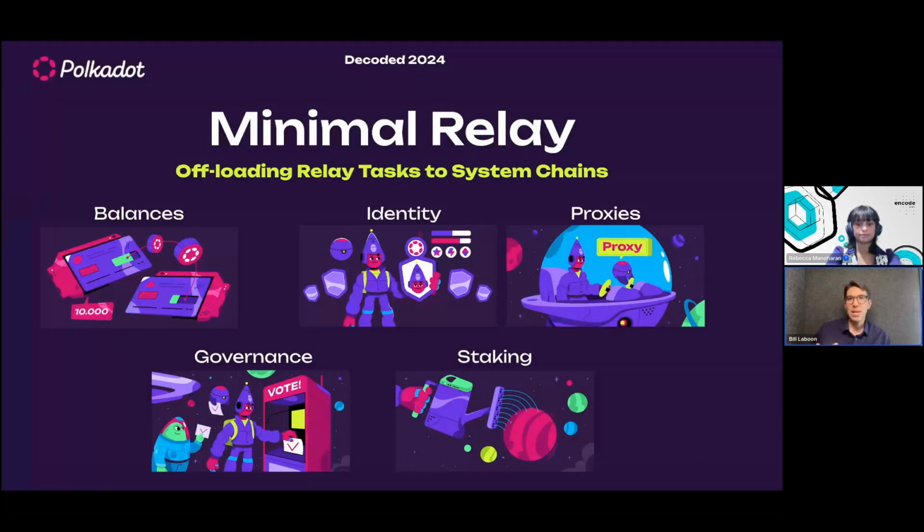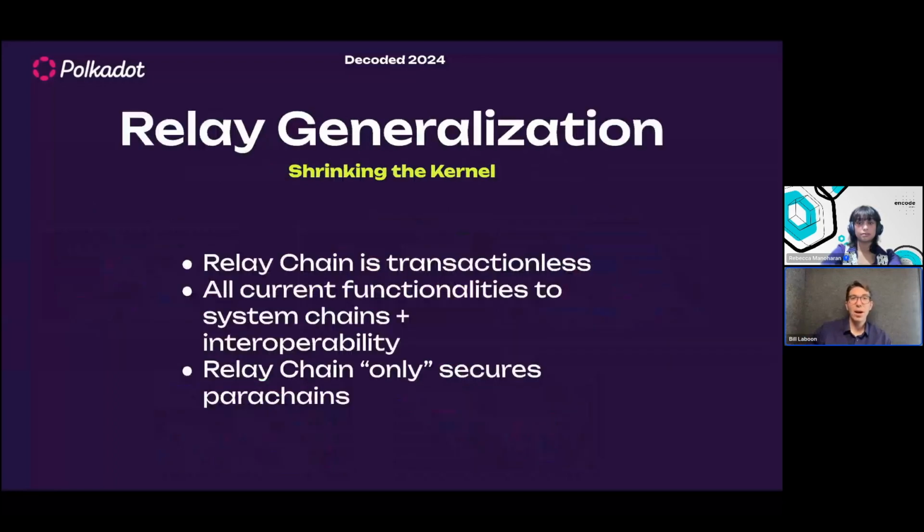And so the idea of the minimal relay chain is to reduce any of this extra work that the relay chain has to do. This is an ongoing process, because there are some things that are done on the relay chain right now that it's not necessary to do, and we're slowly moving them off of the relay chain and onto their own parachains. So in general, we want to what we call generalize the relay chain. The end goal is to have everything off of the relay chain that is not securing parachains, including things like your DOT balance, staking, on-chain governance. All of this stuff would be done on their own parachains.